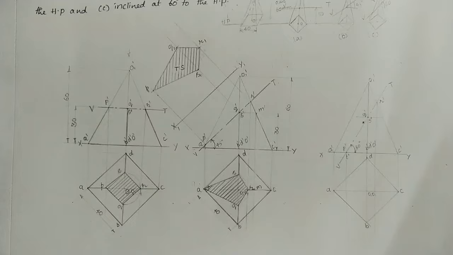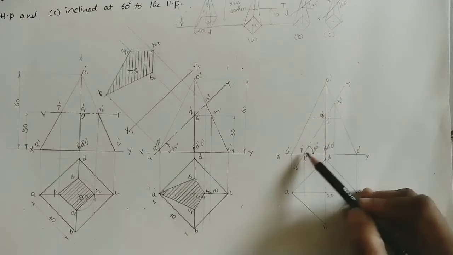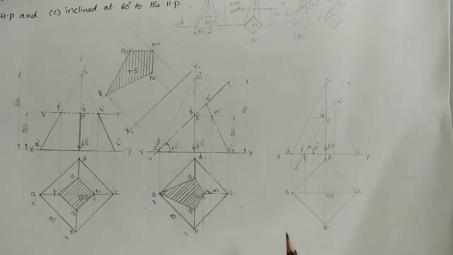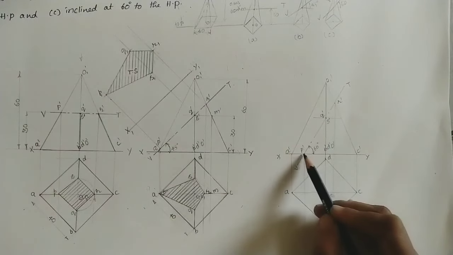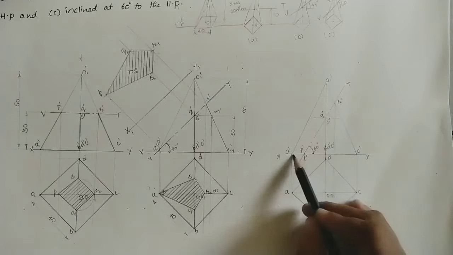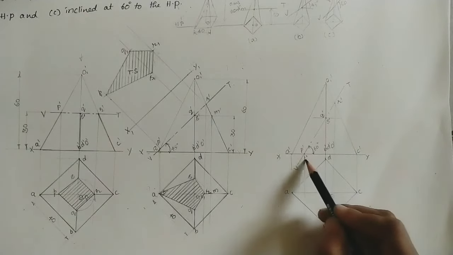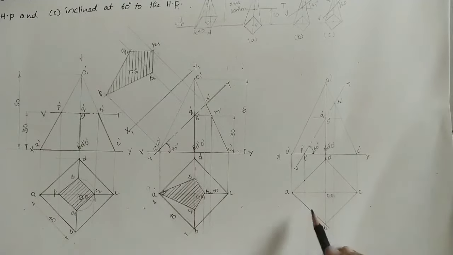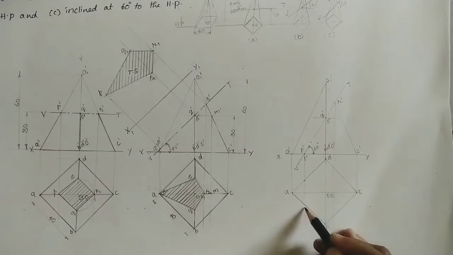Let us take the third bit. Already we did the cutting plane here. We have marked the intersection points. At these points we did the projector lines. Mark this P dash point. Where is P dash point? It is on the base. And P dash as well as T dash is on the base. Now take one point is here. One intersection point. The another intersection point on this same projector line here.